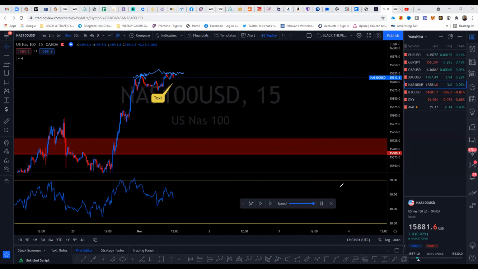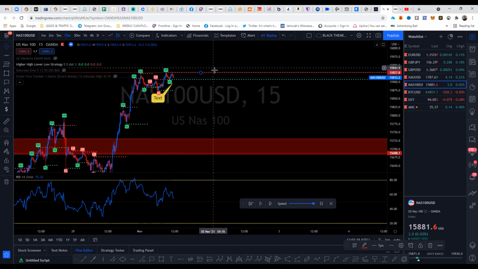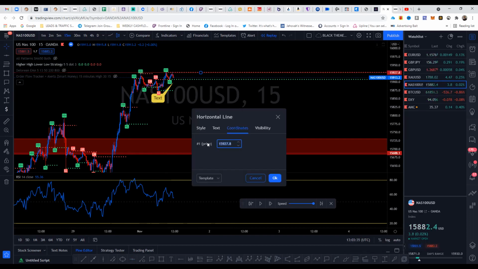So what I did was I basically turned on my higher high and lower low strategy indicator. And basically I took some horizontal lines. I noticed that price hit this high once, and hit it again. So usually when price hits a certain point at least 2 to 3 times, then that means it's resisting, and more likely it's going to probably sell. If price hits support at least 2 to 3 times, then that means it's probably going to buy up more